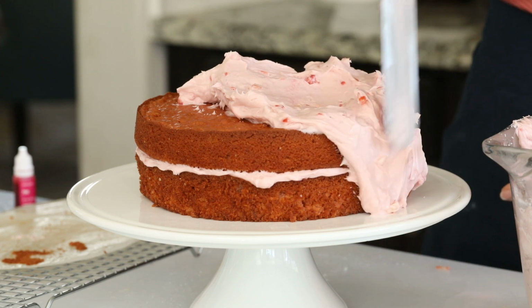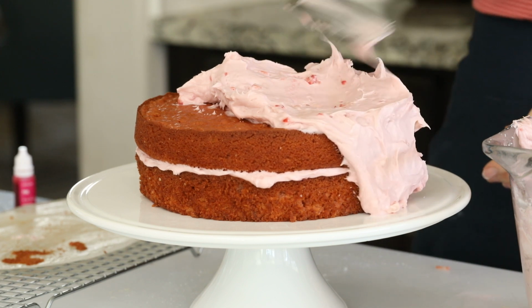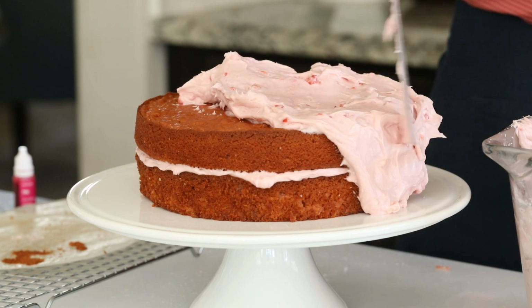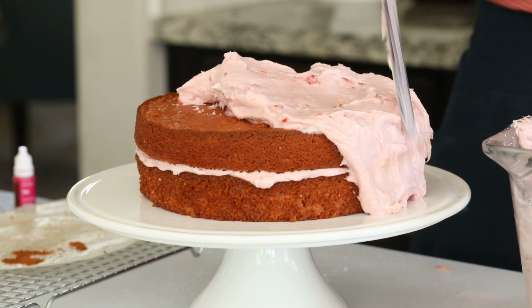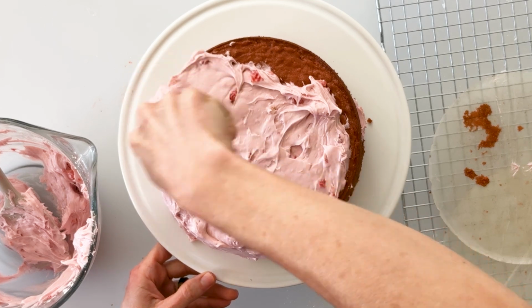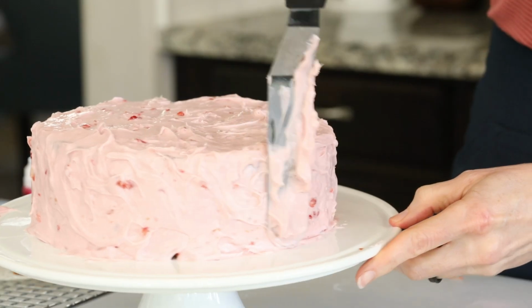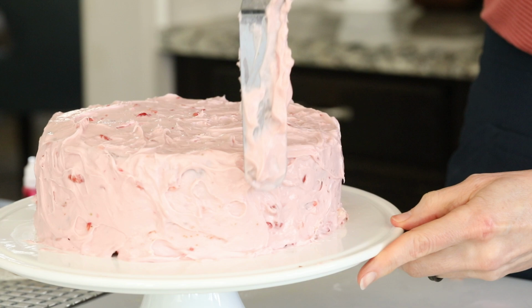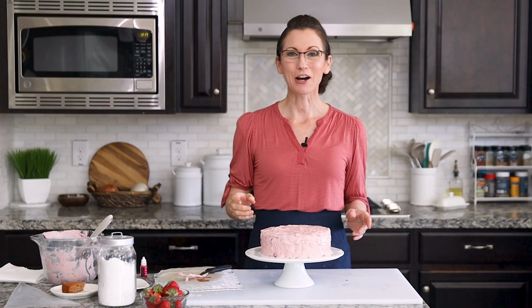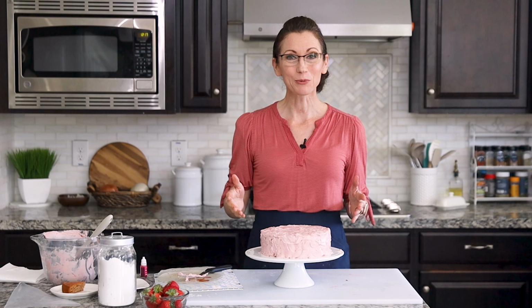Now you can decide if you want this to be nice and neat, or if you want it to be chunky and sloppy and swirly. And that's the look I'm going for. And this recipe makes plenty of frosting, so you have lots to work with to cover your cake. Now I'm just going to go around with my spatula and make some nice big swirls. Well, that looks gorgeous,